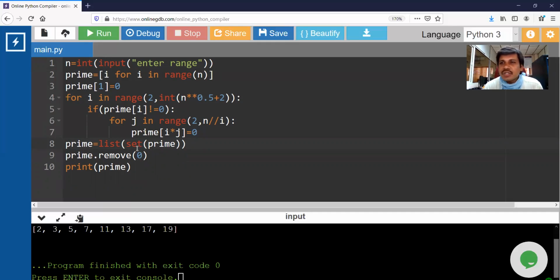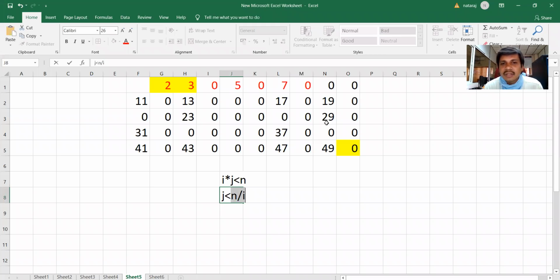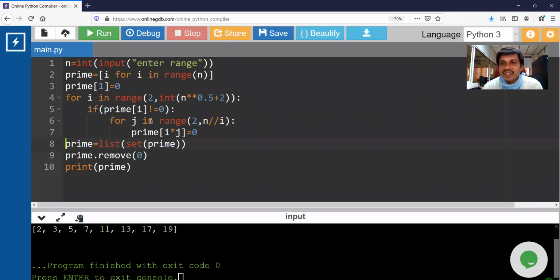Such a small code with lots of technique in it. If you need to understand this technique, you should understand how this works. That's why I took some time to explain this particular sieve technique. And as you said, you have understood this better. You agreed, right? That's why I have developed that technique into a program. And this is the best way you can generate a range of prime numbers. Optimal. Here, am I sending each and every value to the subfunction to calculate whether it is a prime number? No. Only square root of n iterations.